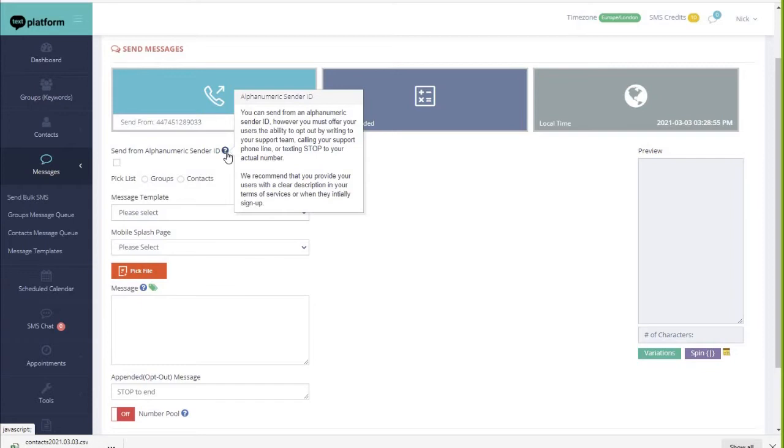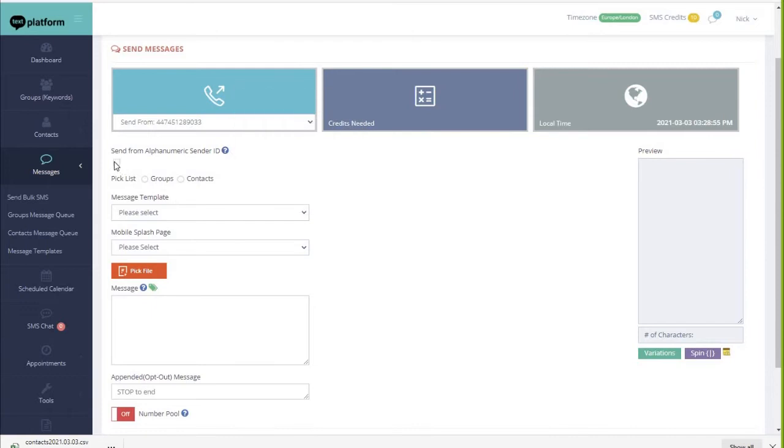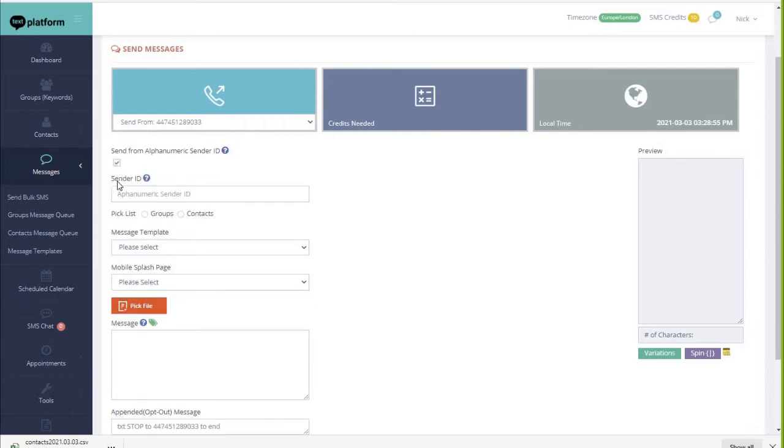So you can send from an alphanumeric sender ID, however you must offer your users the ability to opt out by writing to your support team, calling your support phone line or texting stop to your actual number. We recommend that you provide your users with a clear description in your terms of service or when they initially signed up. So you can click this box here, it opens up the sender ID, so when they get their message